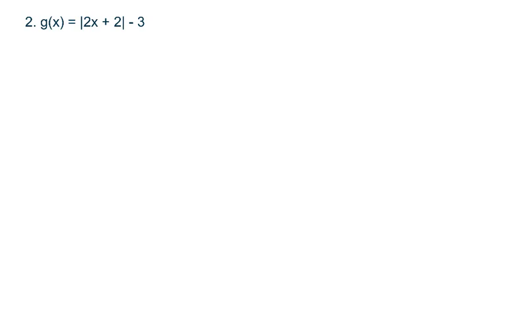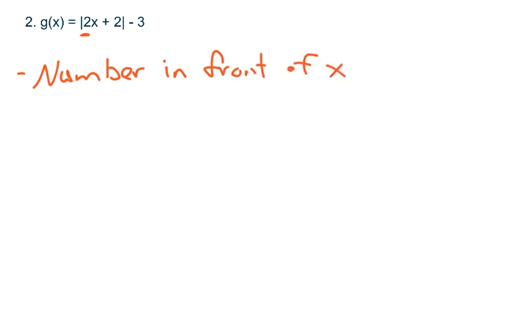Number 2, g of x is equal to the absolute value of 2x plus 2, minus 3. Now, this number in front of x, I'm going to make a little note of this. The number in front of x represents